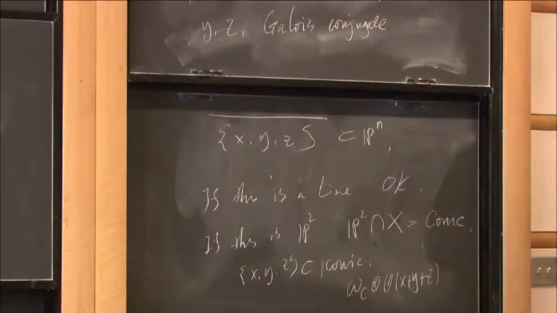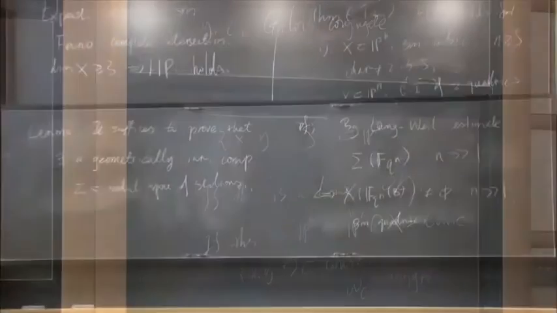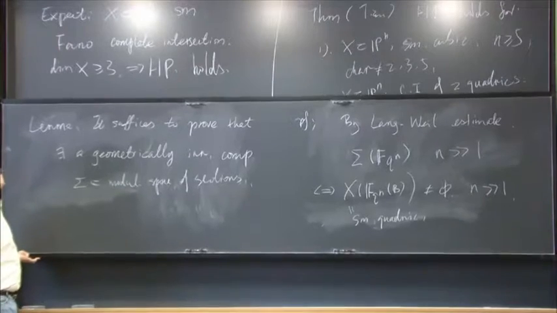Okay, I mean, if you got bored at this point, you can just try to think about this. So what are the field extensions you have to take? Okay, so now this lemma reduces the proof to finding a geometrically irreducible component. Okay, then how do you do this? Well, to do this, we can